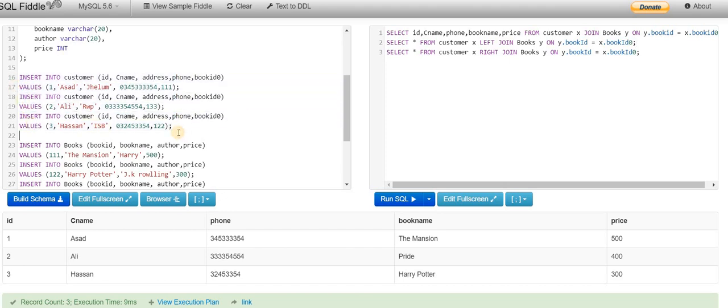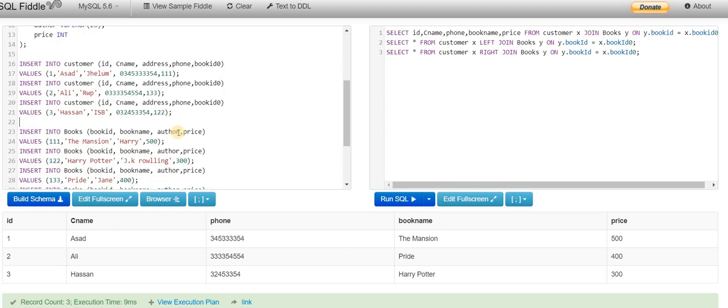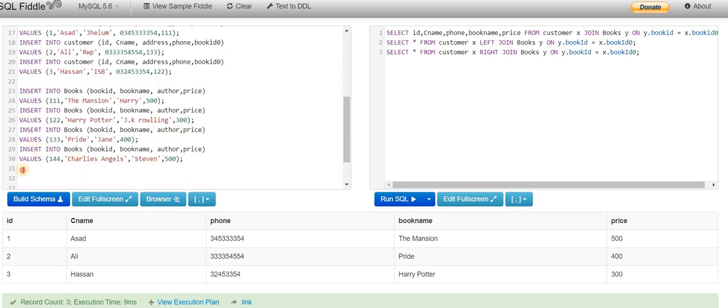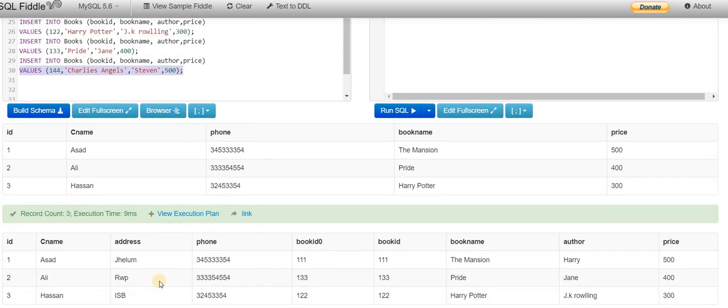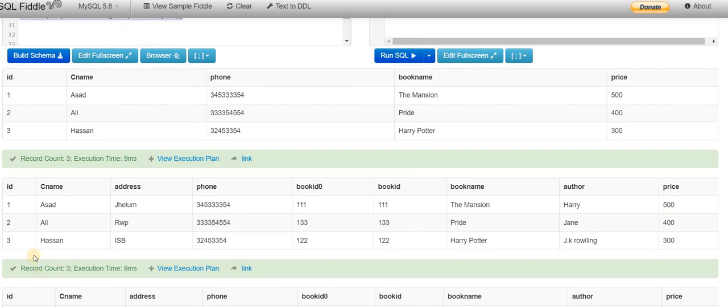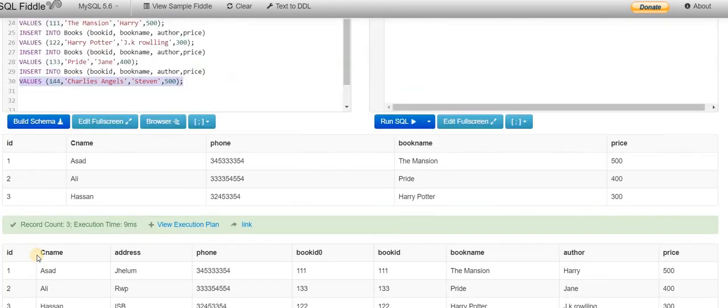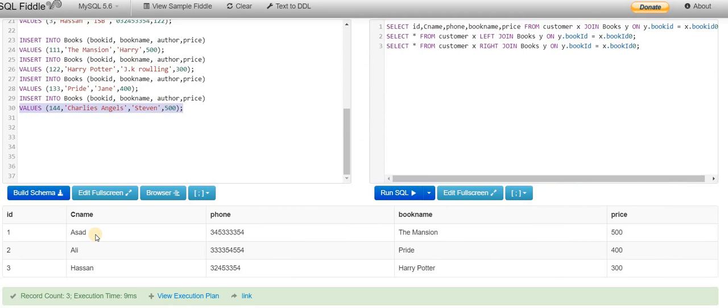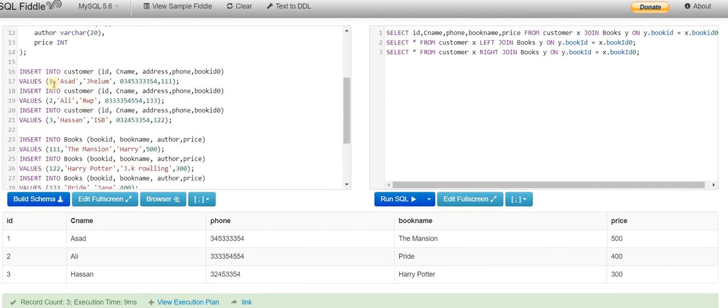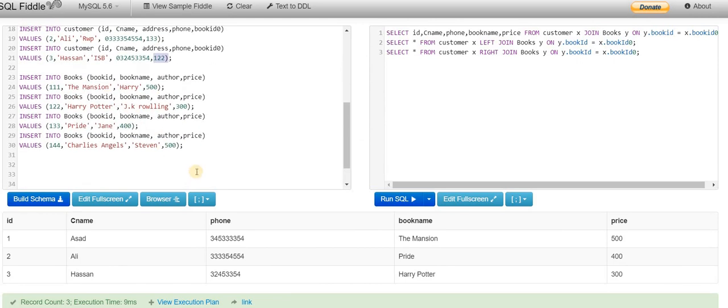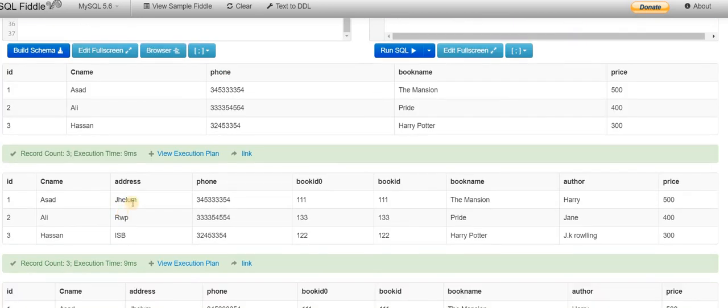Yes, if in the left join I add a book that does not exist in the right, then we will have null on this side. I'll show you an example of that too. Let me add this. Right now this table is complete because the left table is complete. 1 2 3 are its columns, and its book ID 0 are corresponding to the books table. So we found a complete table.